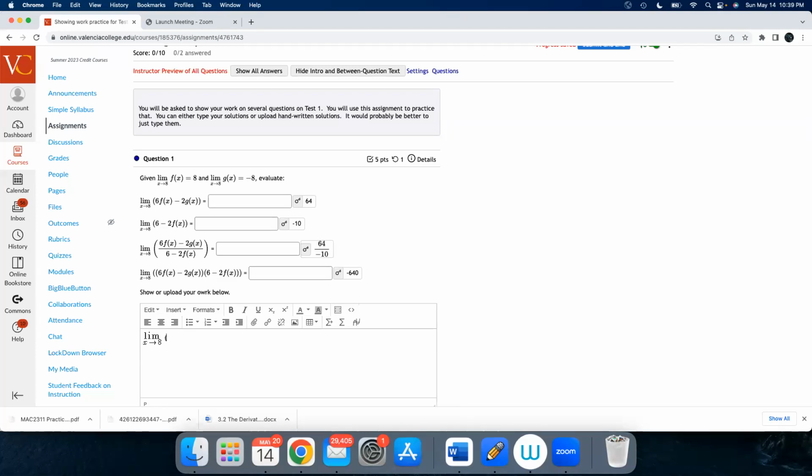And then what did we have? We were taking the limit of 6F minus 2G equals. And then the best way to write this is not all straight in a line like we were doing a minute ago, but to go down with each equal sign. So I'll write out the first line here, and I'm going to type it nice and pretty. Limit underscore X to 8